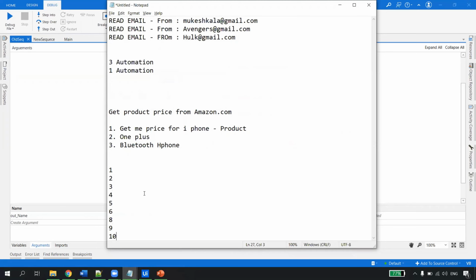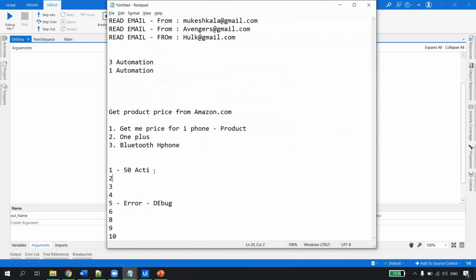But now let's say this part is breaking, in step number 5 you have an error and you have to debug, right? Then you have to again run everything from step 1, correct? So step 1, step 2, step 3, step 4. Now think of step 1 as 50 activities. Then you have to run these 50 activities again. So that's why in UiPath we divide the project into small pieces.